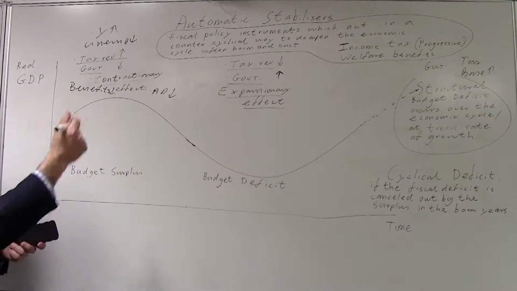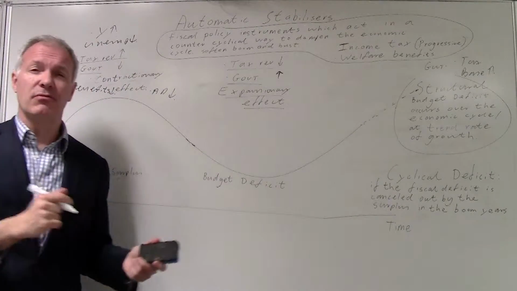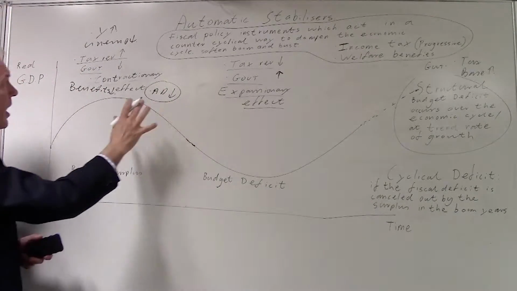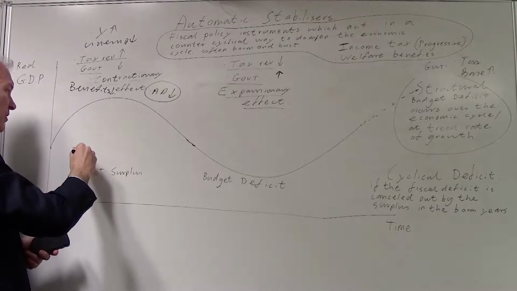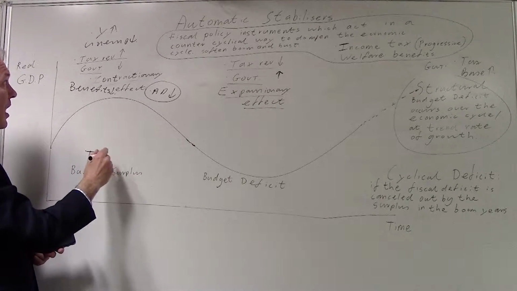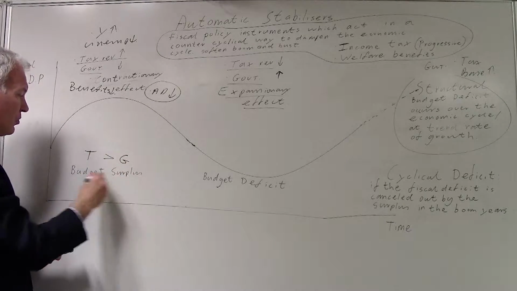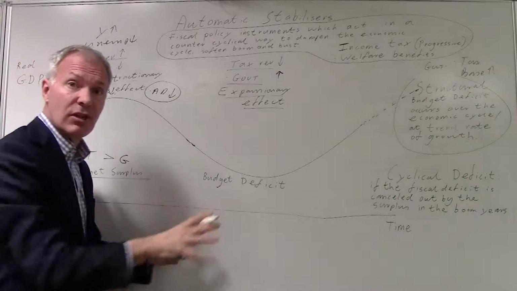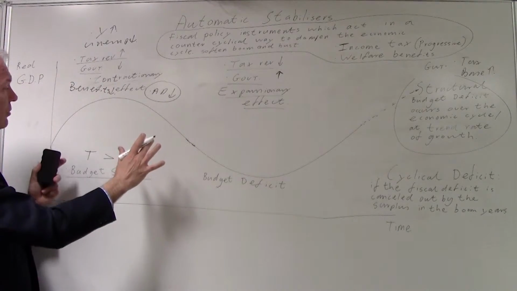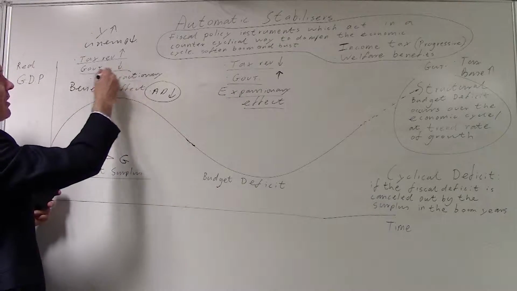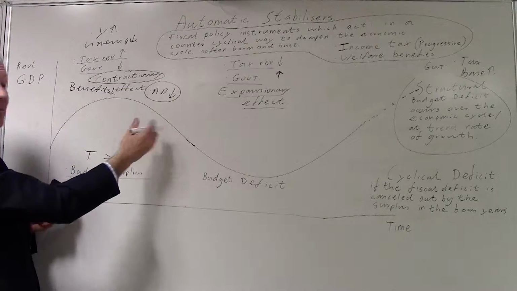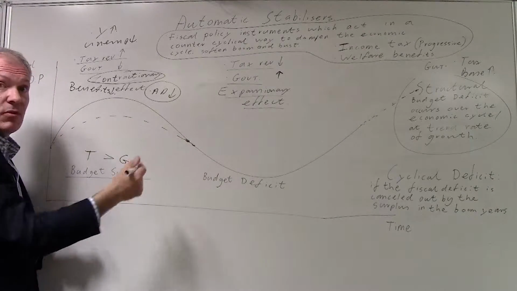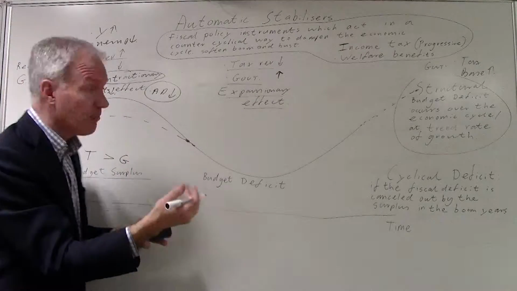The fall in benefits that are being paid out reduces an injection into the circular flow, so it reduces aggregate demand. And therefore we have an increase in tax revenue and a fall in government expenditure, so it could be that we end up with a budget surplus. And that will happen naturally, automatically, in this part of the economic cycle. And so the key thing, it has a contractionary effect on the economic cycle, so it reduces the boom. There's not quite such a big boom with the problems that might occur in the boom, such as inflation perhaps.